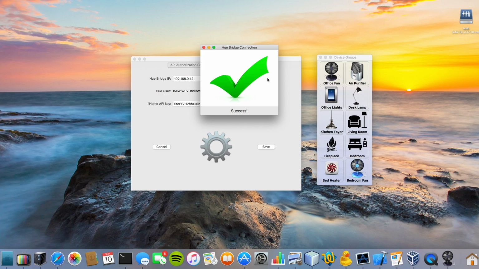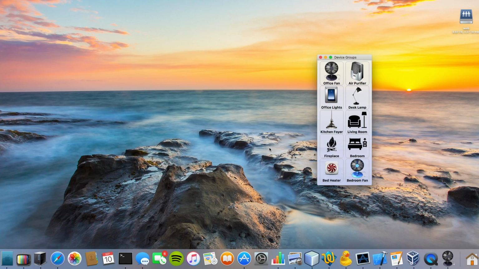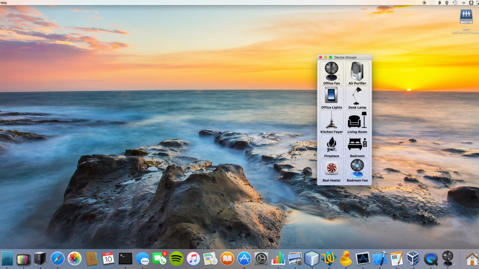Okay, I just hit the button on the HueBridge and I can now see a success. In addition to this success, the program has already automatically added all of the lights on the HueBridge into the device list in the program. I can close that. I can save my settings. Now that I have the key there, I can go to the device list menu,